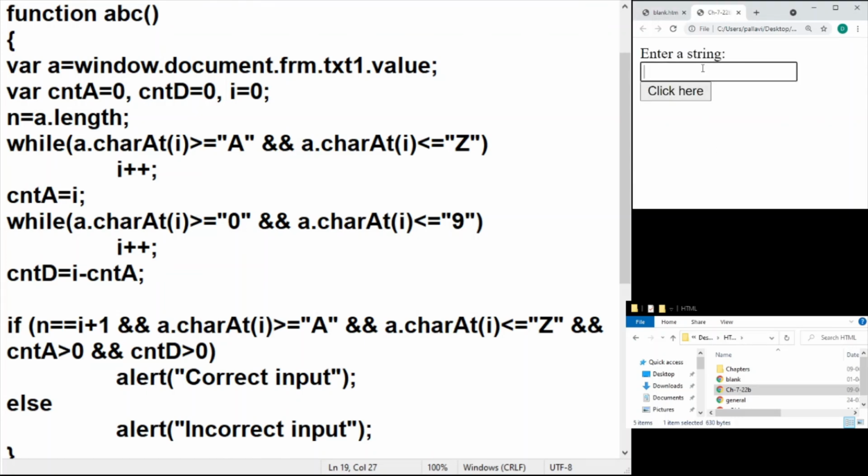If I put in one character, one digit, one character, I should get correct input, right? So it is working. If I put in multiple digits, it will still say correct input. Okay, that is working. If I put in multiple characters, that is working because that's my format. Now what about this? If I remove this character, it should say incorrect, right? And if I put in two characters, it should say incorrect. So my logic is working fine. What if I remove the digits totally? Then it should say not correct. That also is working fine.